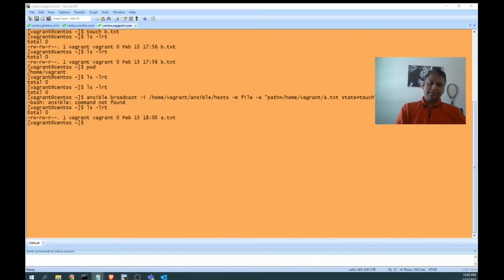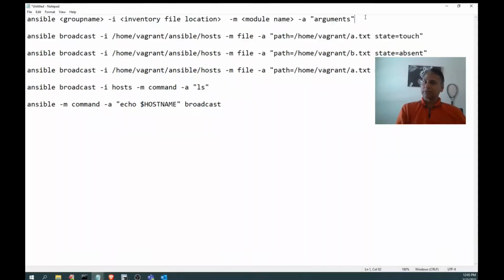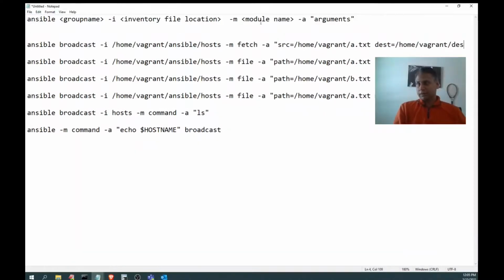Now, likewise, there is another module. Let's see what this module called fetch. Fetch, what it will do, from the source it will take the vagrant a.txt and move it into the destination folder.